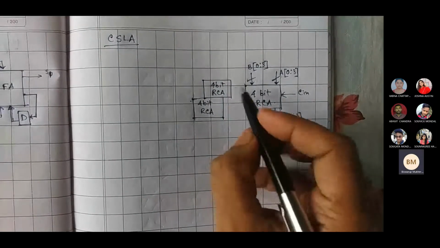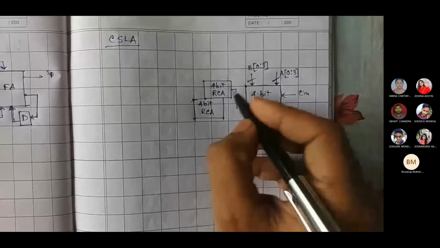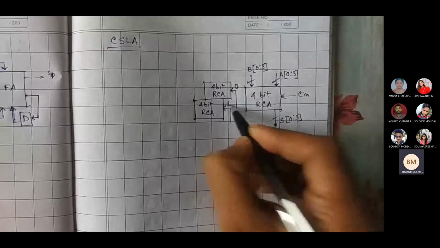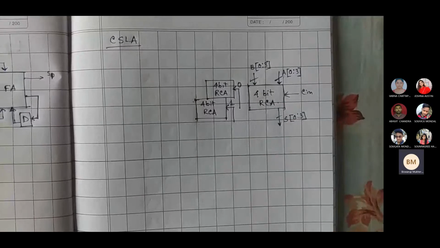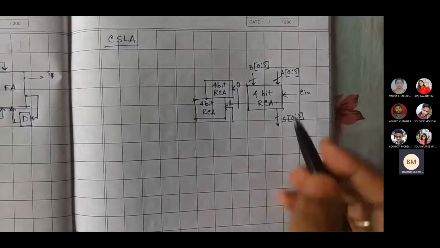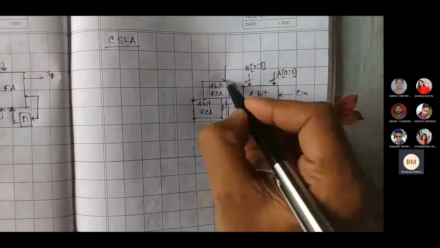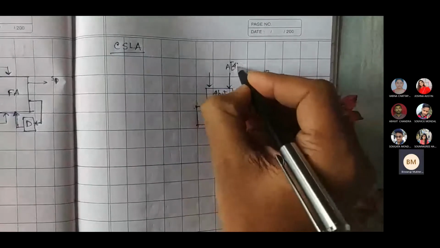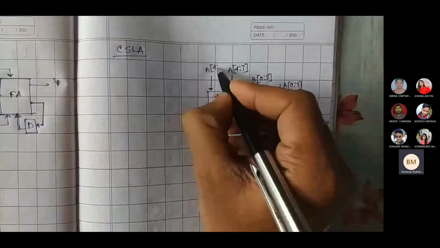Now, instead of directly giving the carry input, we are providing a carry input of 0 for the upper hand side RCA, and for the lower hand side RCA, we are providing the carry input as 1. Directly, we are providing that one. We are not waiting for that particular C3 to come out. So here we again have an A value from 4 to 7 and a B value also from 4 to 7.